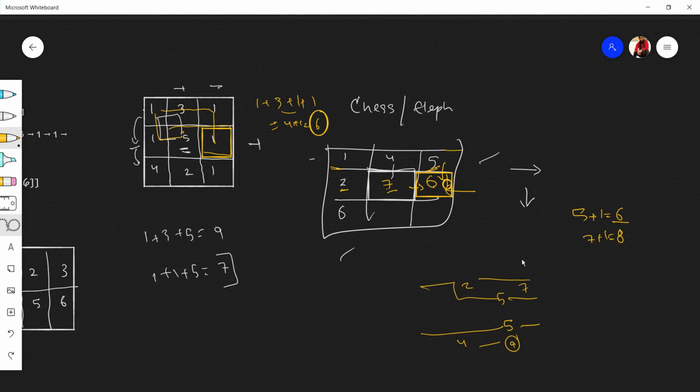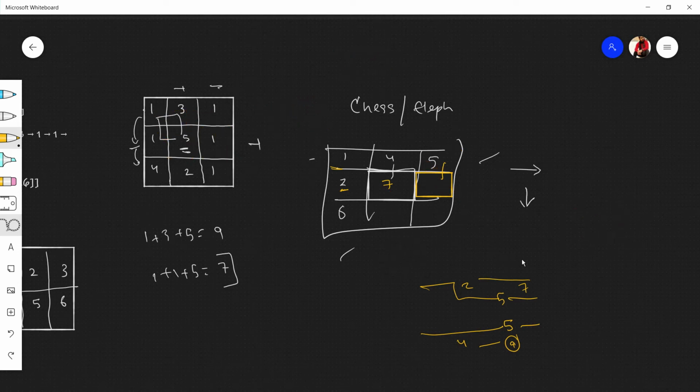But if you want to reach this cell and you come from this way, 1 3, this will cost you more, because 1 and 3 will be 4, and coming from this way 1 and 1 will be efficient. So that's how things get twisted. If you would have chosen this path to reach here, this would be very costly, because to reach this cell the best path is 1 4 5 6. Now let's see how this will unfold further.